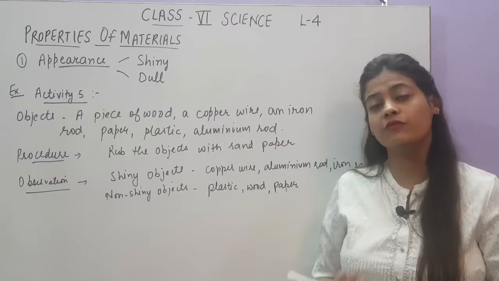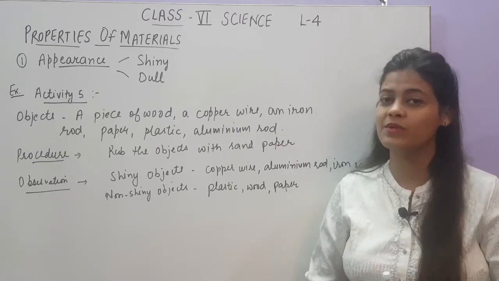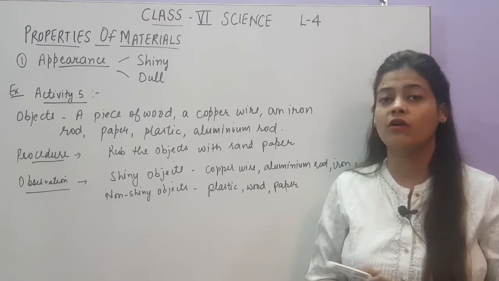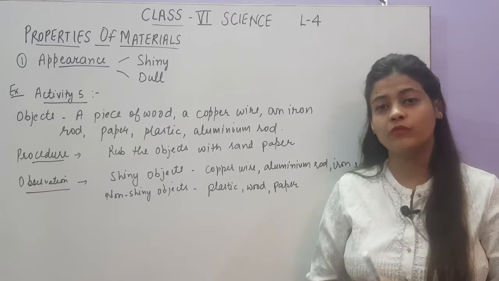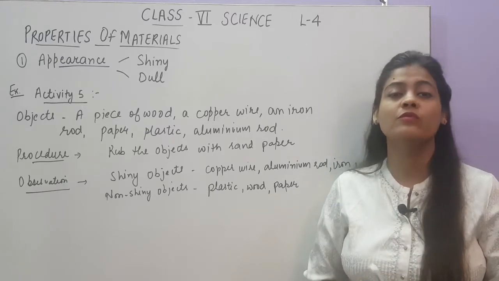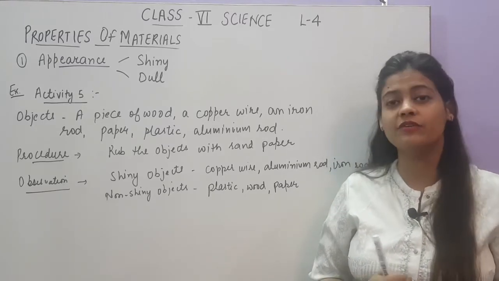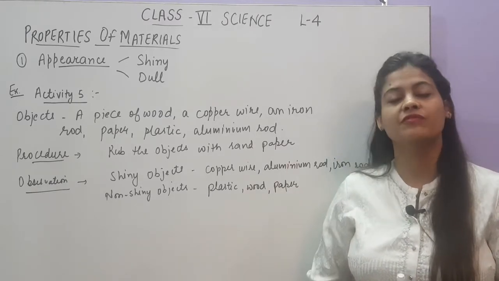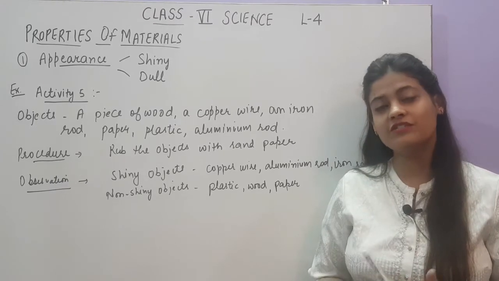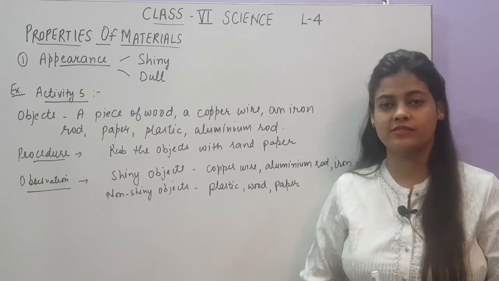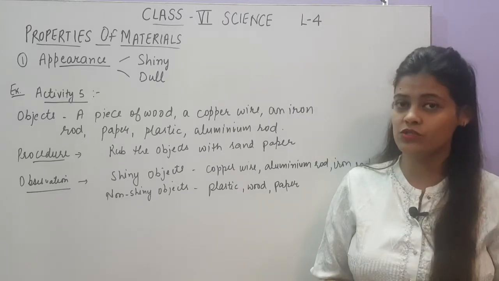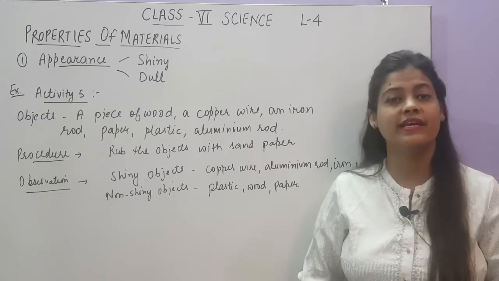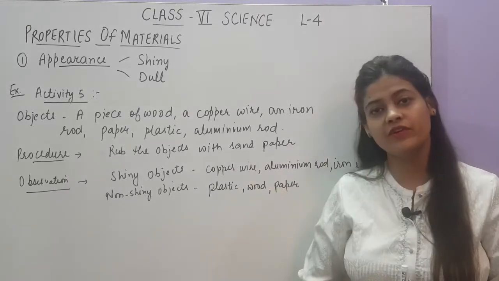Similarly, if you are writing on your notebook, the notebook is made up of paper. So a notebook cannot be made up of wood or steel. Why? Because we have to write on the notebook and paper is a thing where we can write. That is why different objects are made up of different materials and different materials have different properties on the basis of which they are used to make different objects. जिस object को हमने जिस तरह से use करना है उसी के according उसका material choose किया जाता है, लेकिन सभी material एक जैसे नहीं होते हैं, उनकी properties different होती हैं.